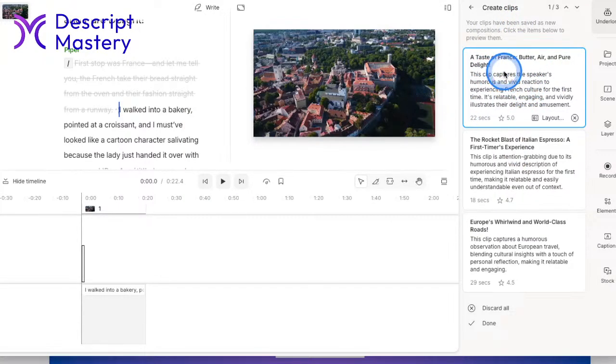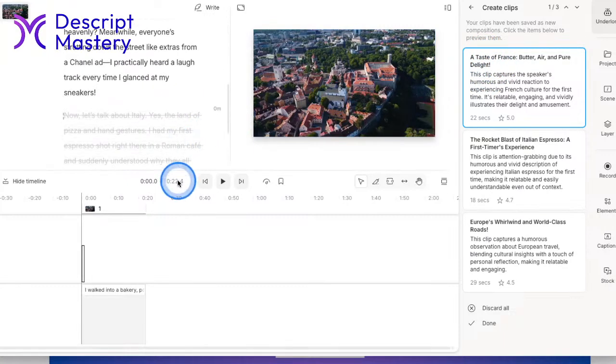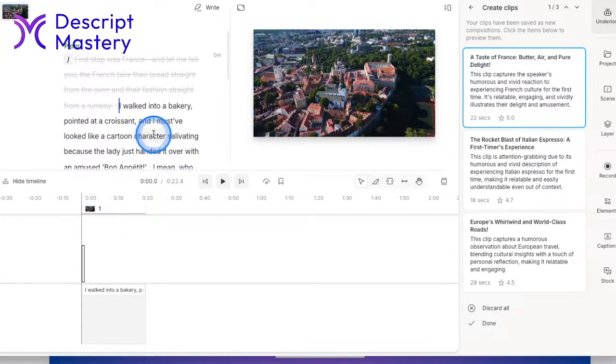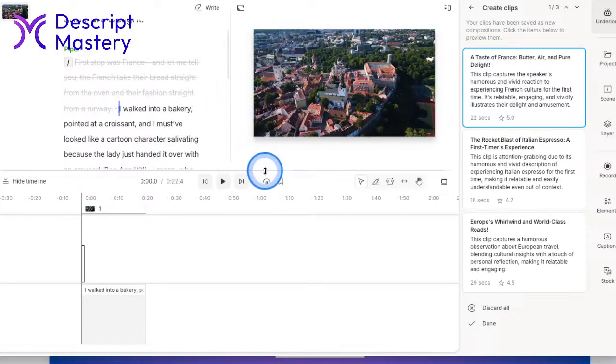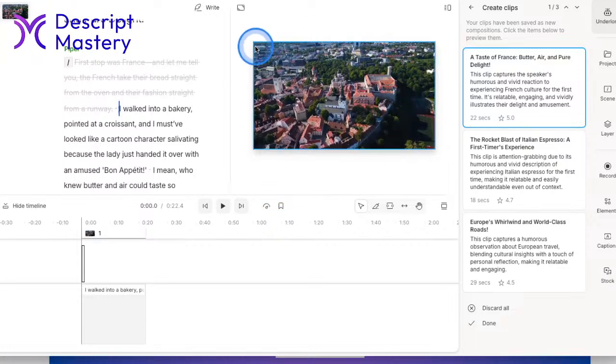To actually see these clips, if I just click on it, again, this is the one called A Taste of France. And this is it. So as that little notification we got said, it failed to apply the layout. What should have happened is, of course this happens while I'm streaming, it should have put this into a vertical format. It did not do that. So what we can do is manually apply a layout. Well, actually, let me show you from scratch how to do this manually.